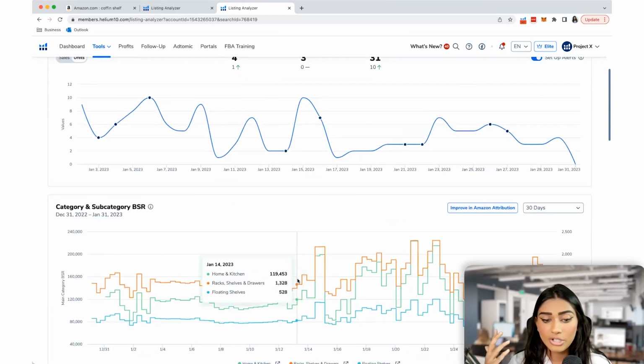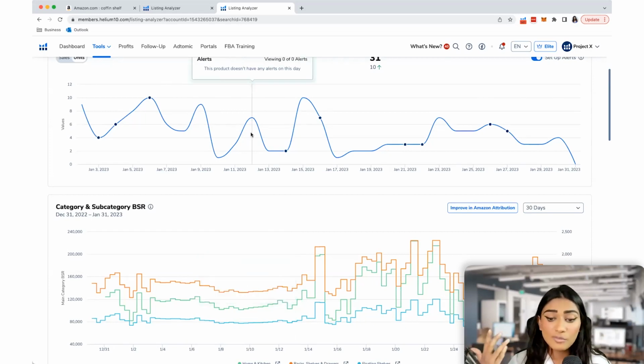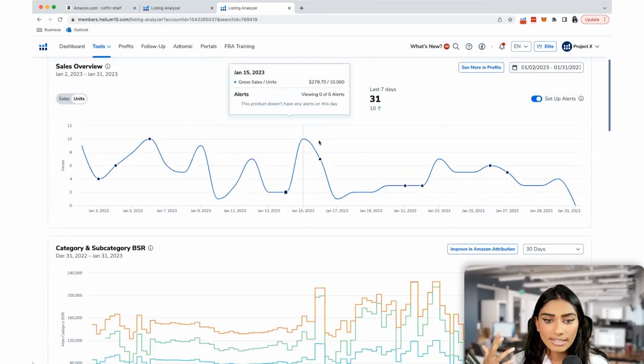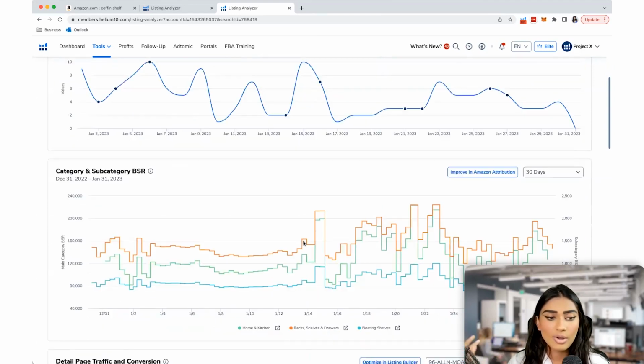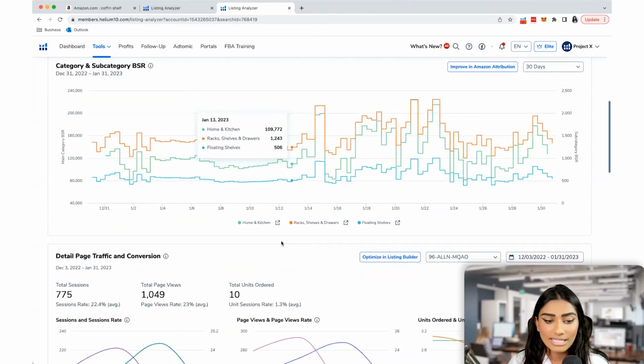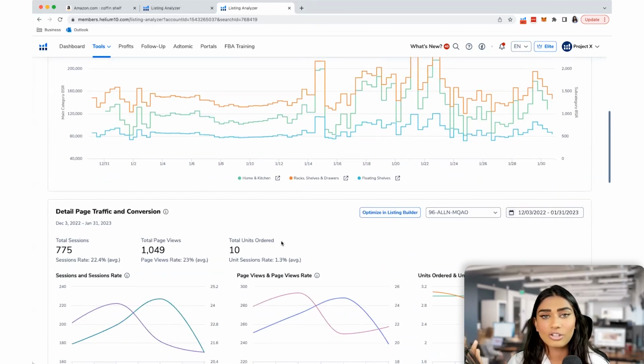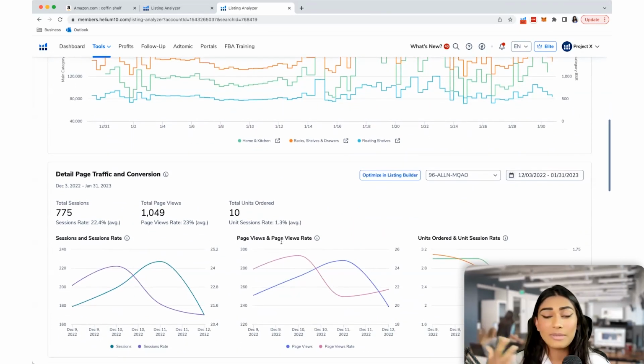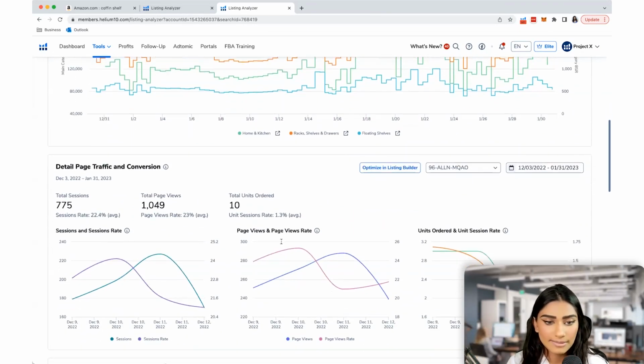So maybe there's a brand new category. Did that somehow affect my sales? Am I down on sales? Has it removed me from keywords? Or maybe all of a sudden I'm seeing that there's a lot of sales happening. Well, I can now put it in accordance with the alerts, with the category changes, and I can find what keywords are really generating those sales to get a better feel. And maybe I want to include them in my PPC campaigns.